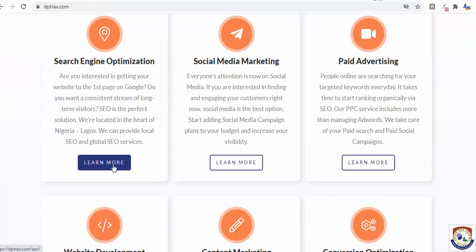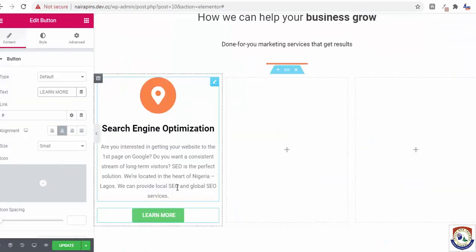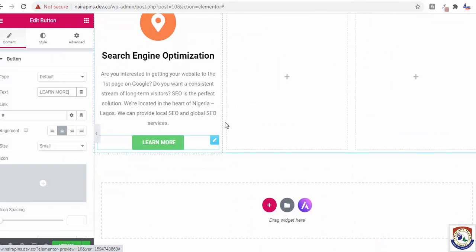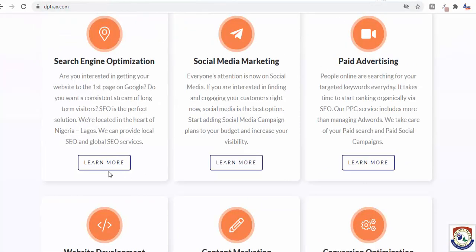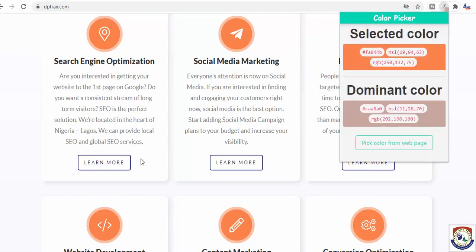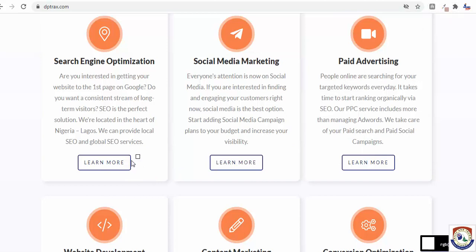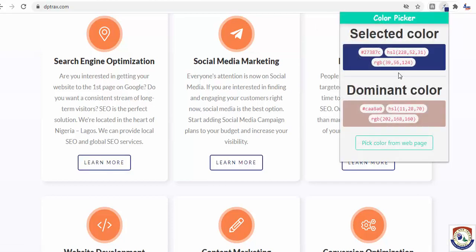Now we need to do the hover color, and can you see it is a transparent background? You don't need this transparent background. So how do you achieve this? It is transparent, and I think this is a blue color. So let me choose the color picker. So can you see this color? Let's see this color on the right side here. Let's see this color over. Yeah, good. So we need this color. That is the color we need.